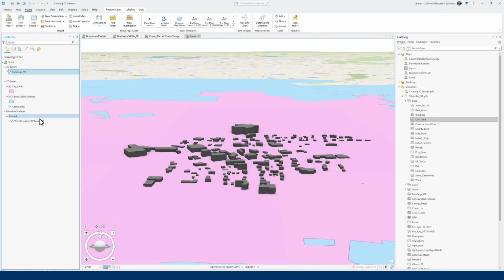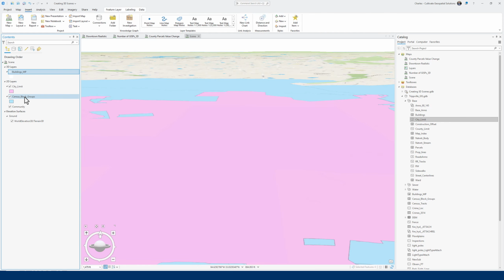Okay, so that's a 3D layer, makes sense. But I also said that any layer can be made a 3D layer. So I'm going to turn off the buildings for now, and I'm going to take this census block groups, because what I want to do is extrude them based off of their population density. So I'm going to bring them up here. So I just drag them up as a 3D layer,